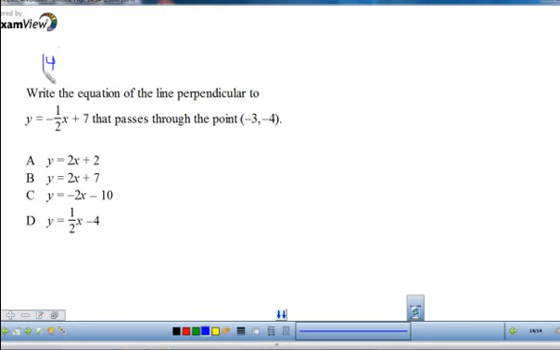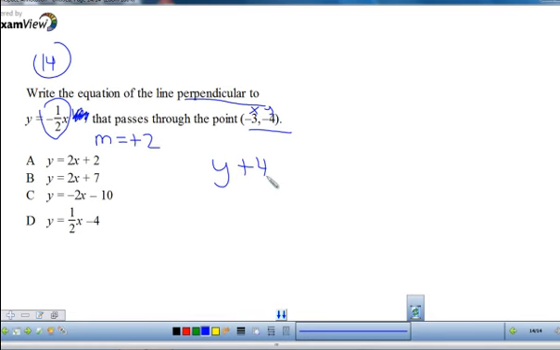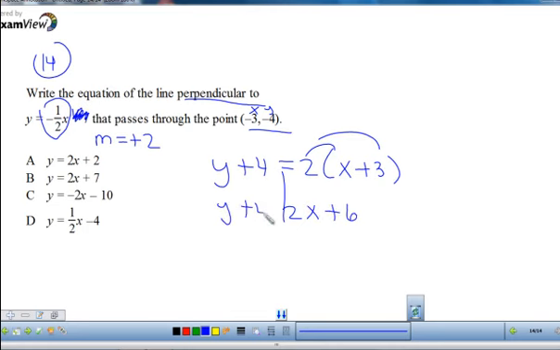Okay, number 14, write an equation of a line perpendicular. Perpendicular means that the slopes are going to be different. So instead of my slope being negative 1/2, the slope is going to be positive 2. Remember, you flip and change the sign. The line passes through the point. So we're going to use point-slope form. Remember, the y goes with the y's, change the sign. My slope, and then x plus 3, change the sign. So we're going to distribute. So we get 2x plus 6, bring down the y plus 4, and then we're going to subtract 4 from both sides. So we get y is equal to 2x plus